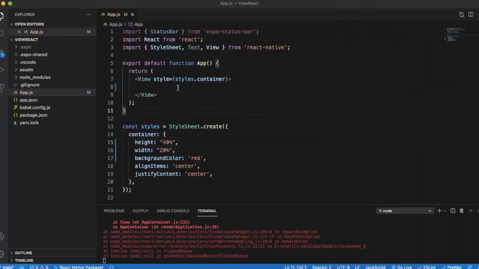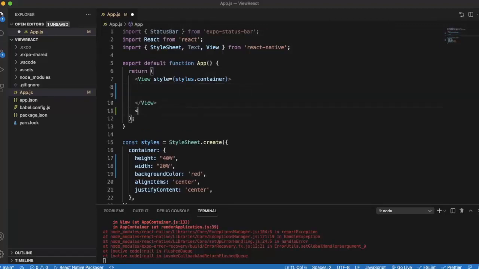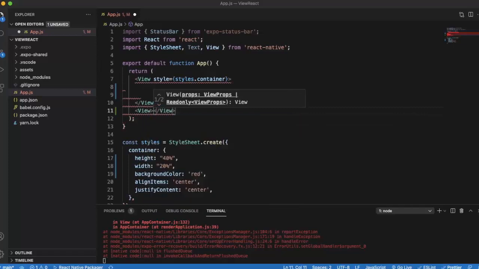You can use text component in view component. Basically Expo returns one component, so all your components must have one parent component, which will be considered as the return component. We cannot write another view component here because then it will be two components, and since it returns only one component,